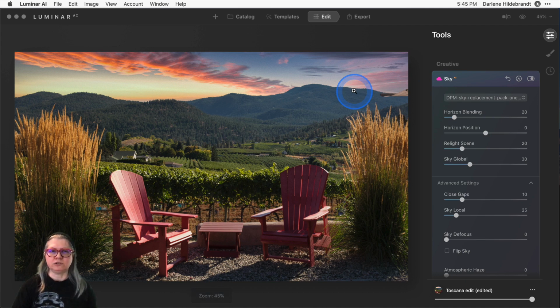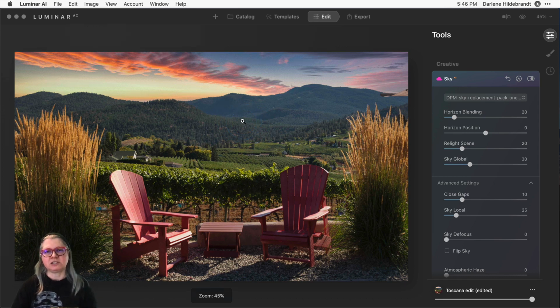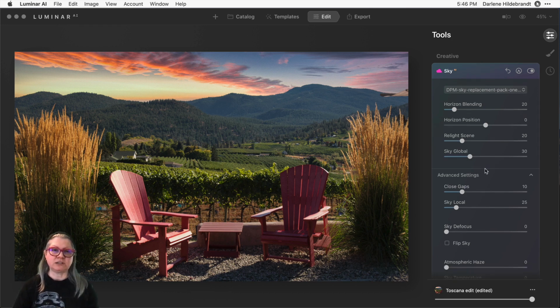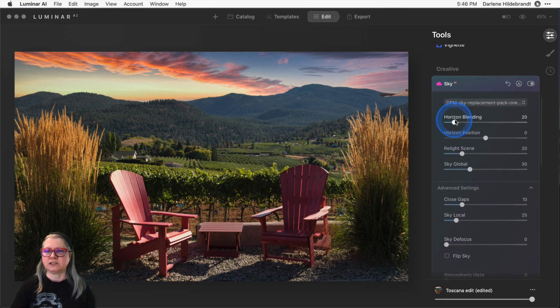Let's take a little bit closer look. So when I zoom in here, you can see that the landscape and the sky are nicely separated. The sky is not coming over into the hills. This is a fairly straightforward image and a really nice sort of distinct skyline, so it's a fairly easy one. If you have an image that has lots of things protruding up into the sky, maybe trees or a person with lots of hair or complicated items like that, you may have to adjust some of the other sliders in this tool.